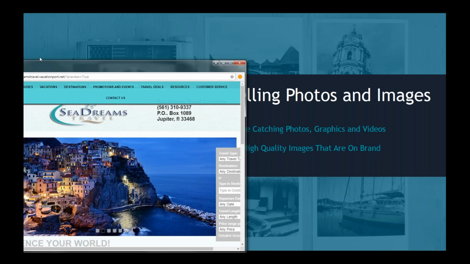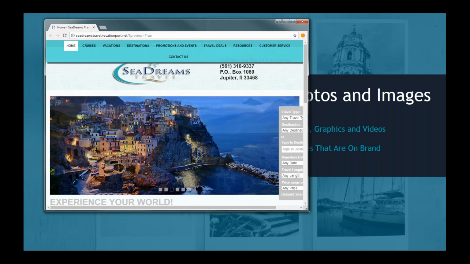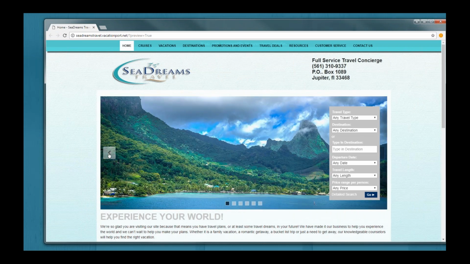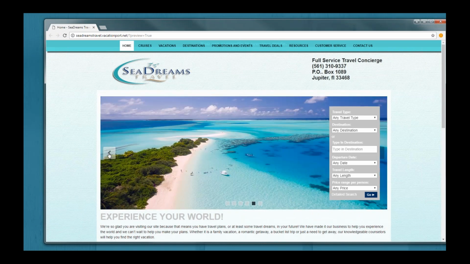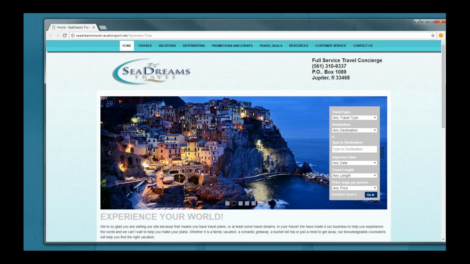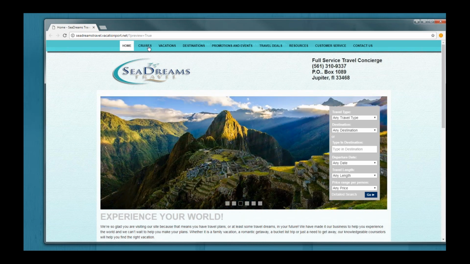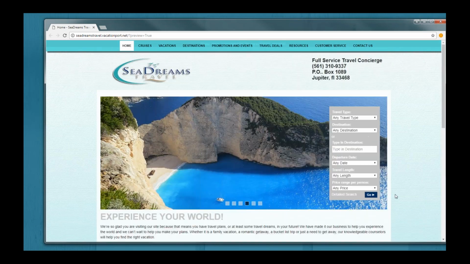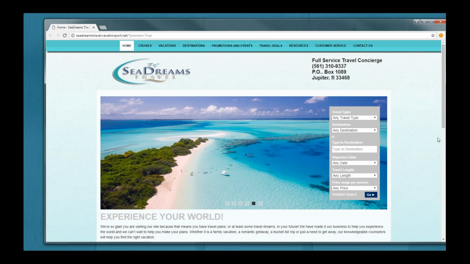So the second example we're going to look at does a very similar thing. They use images that are all in the same kind of color family. You can see that they're all a little bit different. They're not highlighting cruises necessarily, so you can get a better feel for what maybe their specialties are. But something that's also very eye-catching about this site is that all of the colors tie in together. So the images are reflective of colors in their logo. The logo matches the different color elements of the website, as well as the images down here. So this would be a very eye-catching, compelling photo story for someone who's just doing a quick glance at